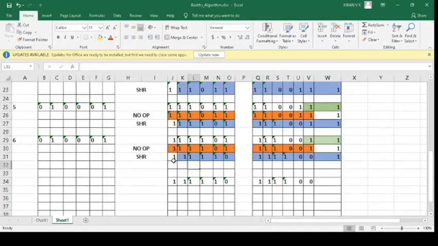The final result should always exclude the Booth bit, so only this section is your final result. So this is actually your 2's complement representation of 68, which is minus 68. Which is your answer.